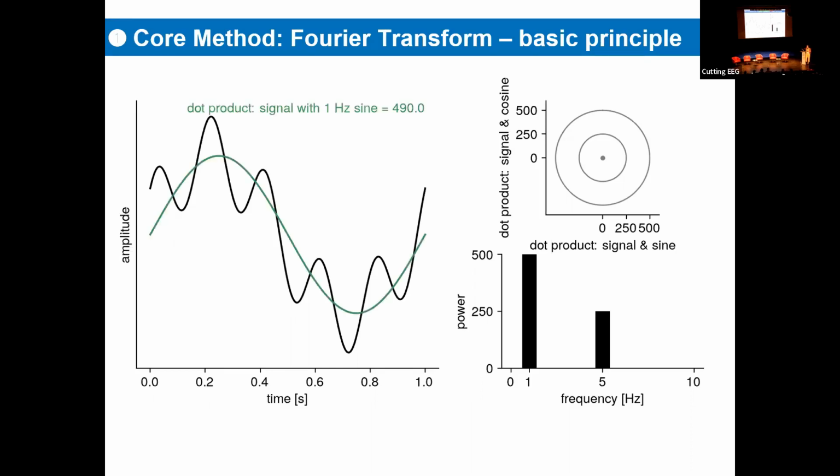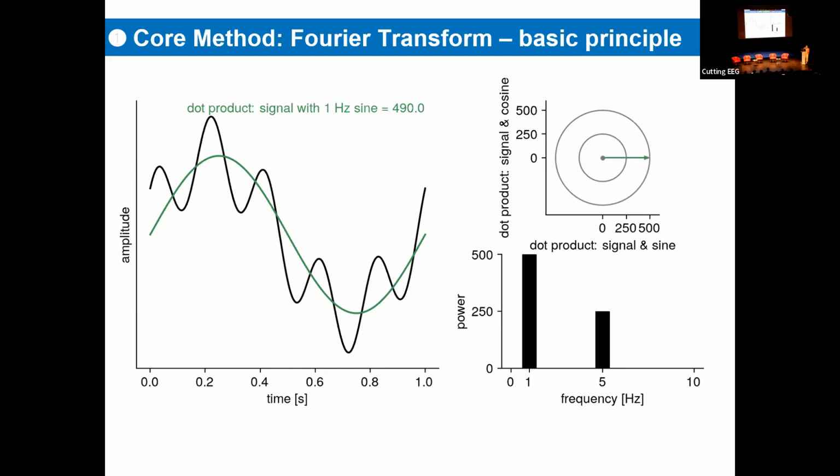So we first check for the 1 hertz: we compute the dot product of our signal with a 1 hertz sine, and we get a value. If you don't like the word dot product, you can also say similarity measure. So just how well the signal is captured by this sine. So you get a value,